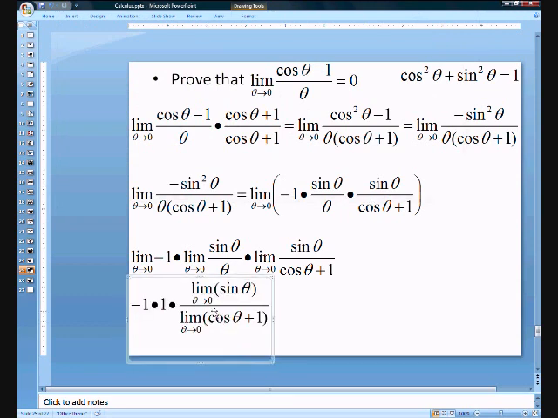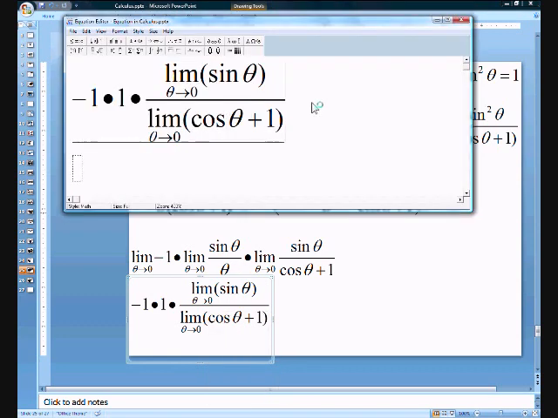And now, what's the limit as theta approaches 0 of sine theta? Well, let me edit this object again. It'll be 1, right? Well, I'm sorry. When sine of 0, we can just plug this in, right? So sine of 0,